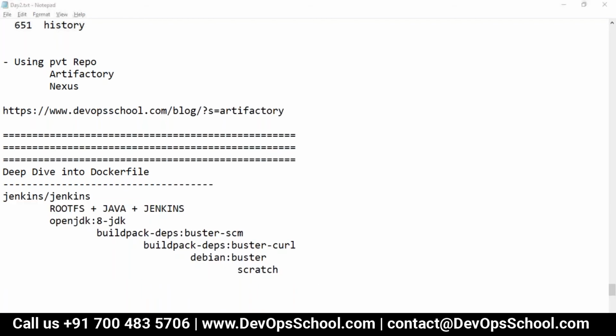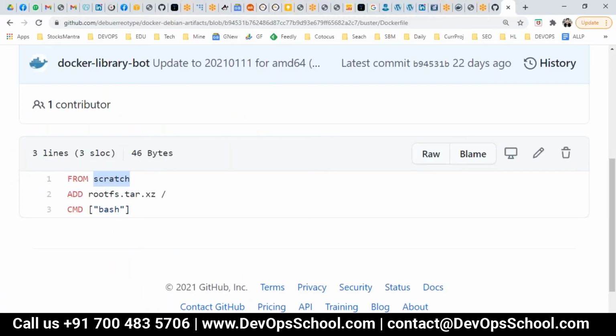Okay, so what we learned is you can also create directly from scratch. You can define the root file system. Kernel will remain the same, but you can create your new version of Linux itself. You can define the root file system, you can change it. The kernel you cannot change, but the root file system you can change. Whatever file directory structure you want in the new system, you can have it. So guys, are you able to understand this?